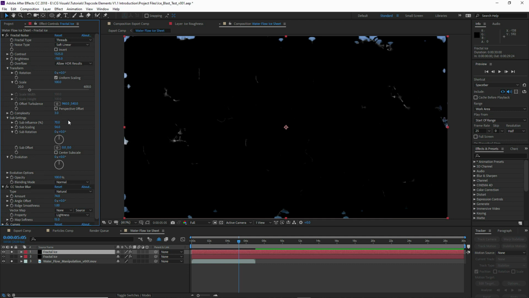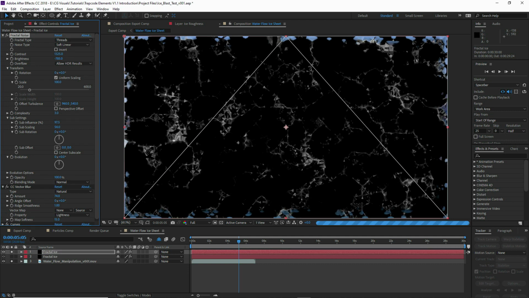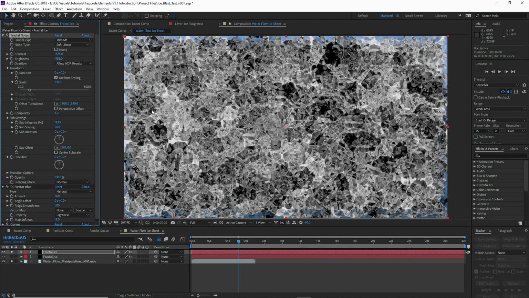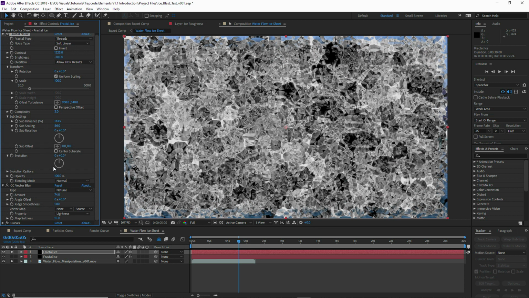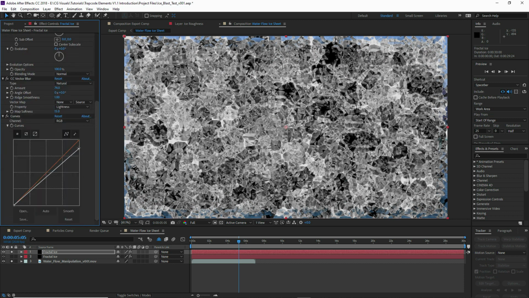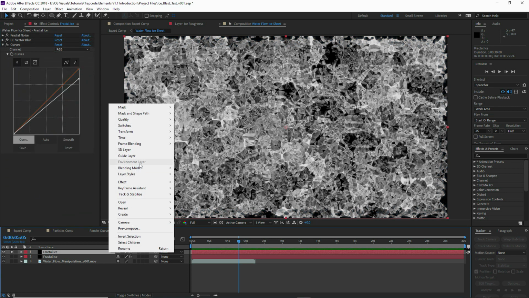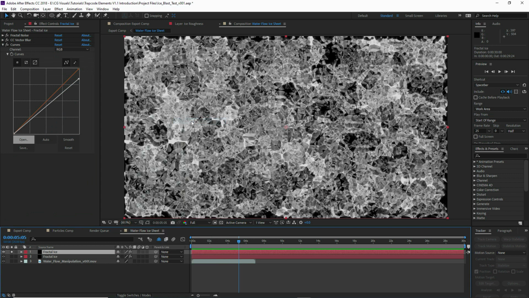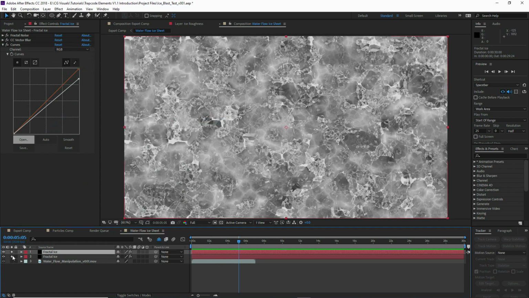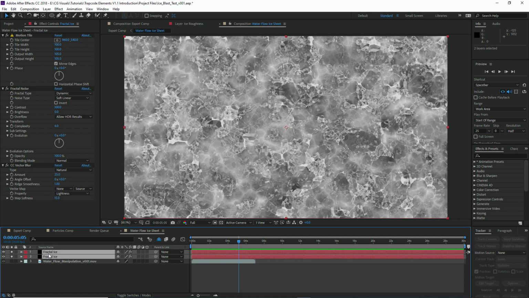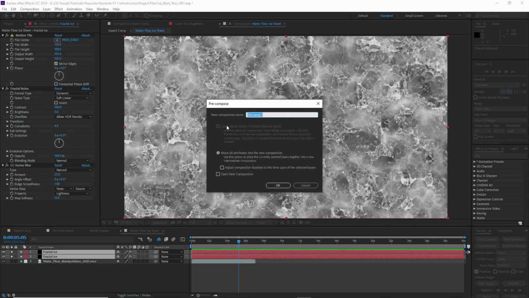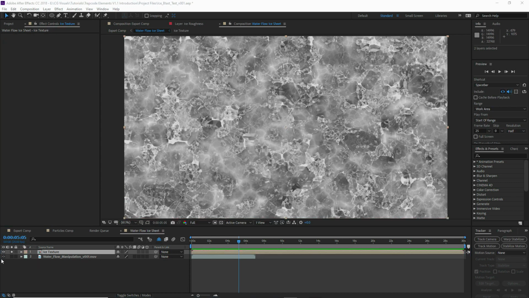And then if we go to the sub settings and we start increasing the sub influence, we get this very interesting pattern here. Now, we don't actually have to worry about the edges, it's only messing up because of our plate. Once we remove the plate, set that layer to lighten mode. So this is the ice texture we've created. So we're going to pre-compose this into a single ice texture that we can use. Then we can enable our plate,